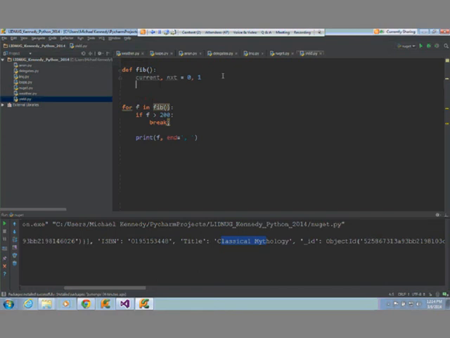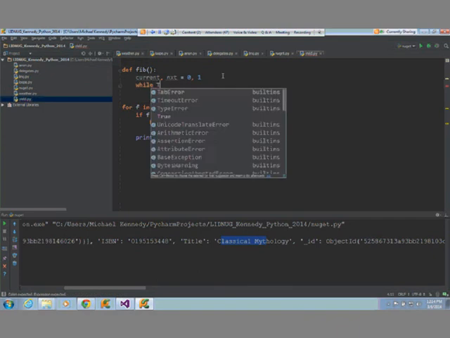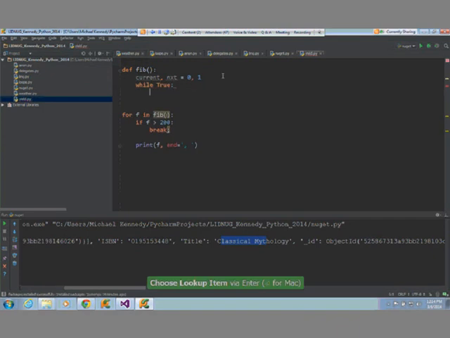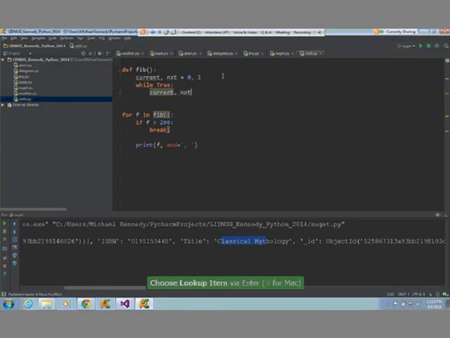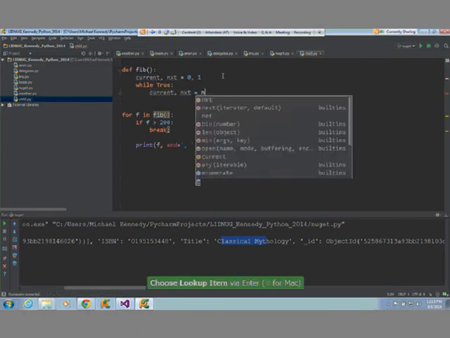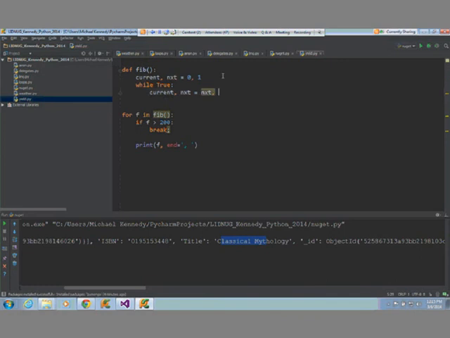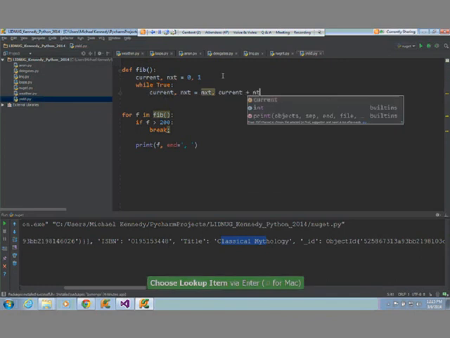So here I'll say while true. Then I want to say current, nxt equals nxt, current plus nxt. I'm using nxt because next is a reserved keyword in Python.